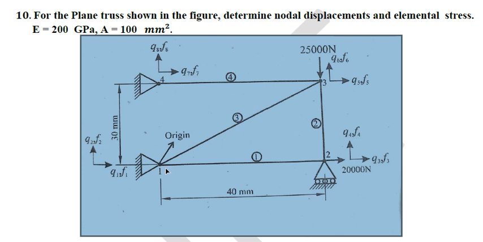The boundary condition is that node 1 is completely fixed, so 1, 2 is eliminated. Node 4 is completely fixed, so 7, 8 is eliminated. Node 2 is having only x direction displacement, that is why Q3 is allowed and Q4, the y direction, is eliminated. Node 3 will have both x and y directions, that is 5, 6 is allowed. So 3, 5, 6 are allowed, otherwise all the other things are eliminated according to the given boundary condition.